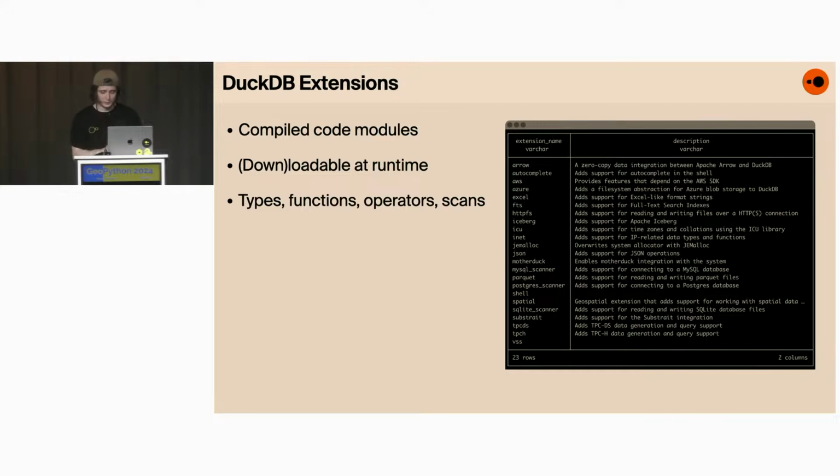You can write your own if you're proficient in C++, but at DuckDB Labs, our philosophy is basically that anything that isn't essential to DuckDB should be an extension. So we basically support and provide all of the available extensions that you would use in practice, like extensions adding JSON support, integrations with Postgres, MySQL, SQLite, AWS, Azure,